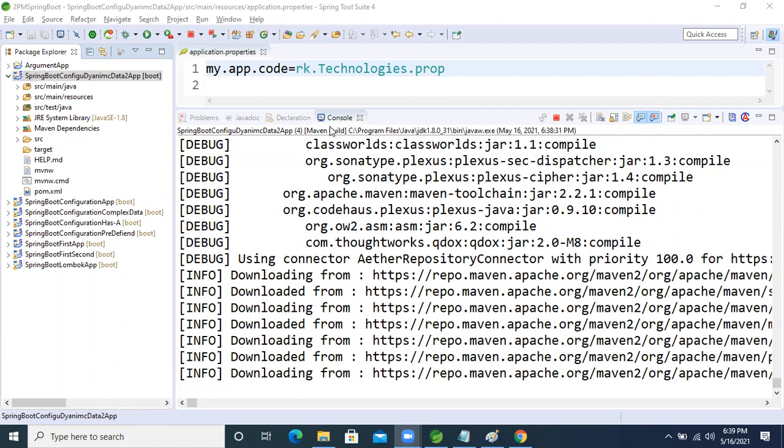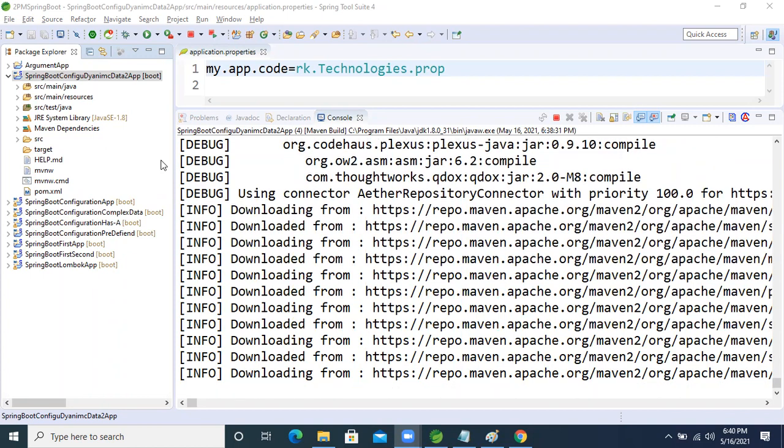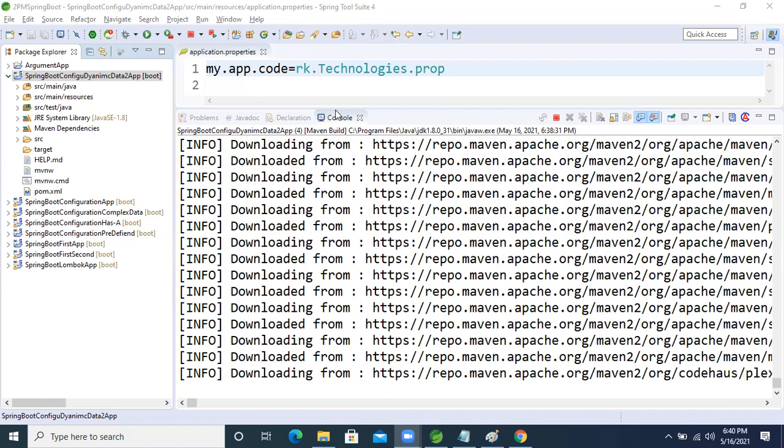Download is happening now, guys. Okay. Now I think this time it will work. Download is happening now. Be patient. It will work.